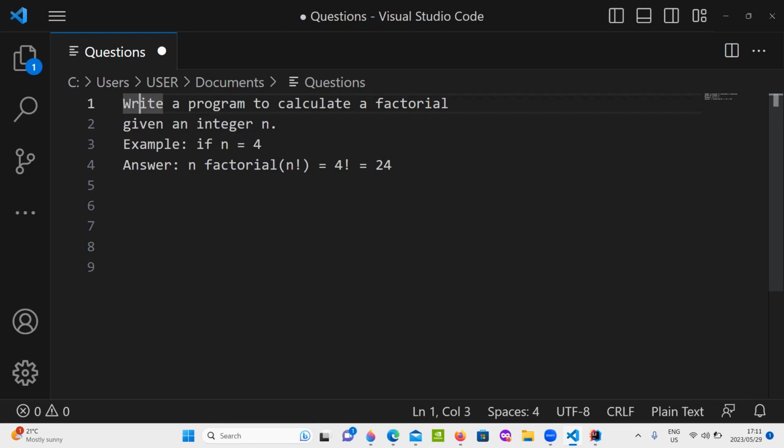Write a program to calculate a factorial of a given integer number n. So if we're given the integer 4, the factorial of 4 is equal to 24. It's the same factorial that we know from mathematics, which says n factorial is equal to n multiplied by